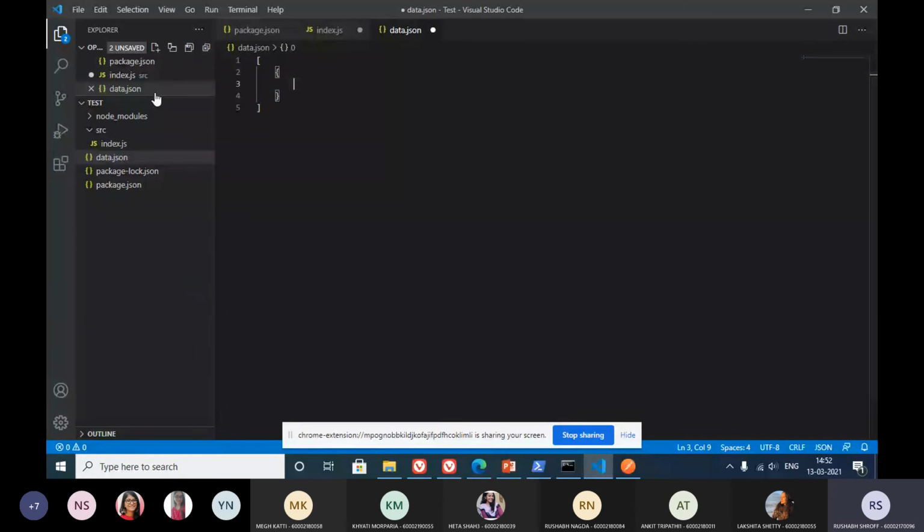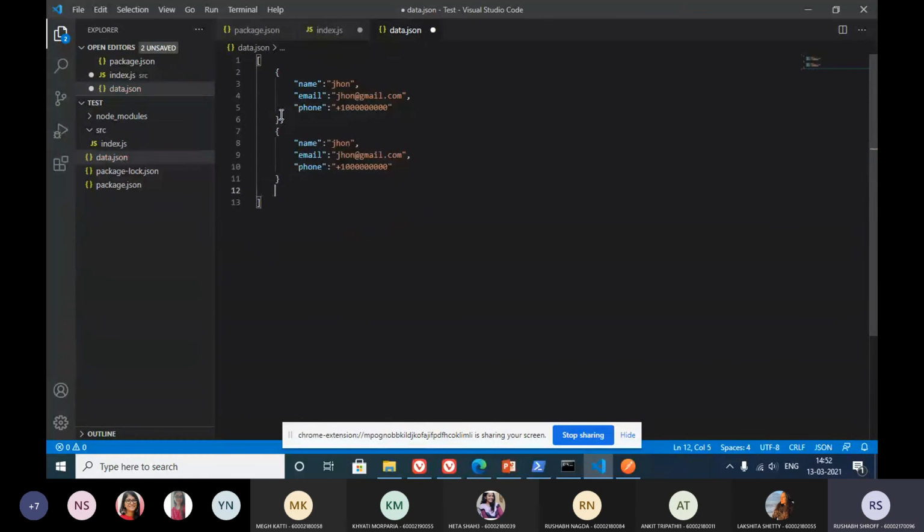So let's have an object which has a name, and then an email, some random phone number, and we'll just copy this and create some five or six users.